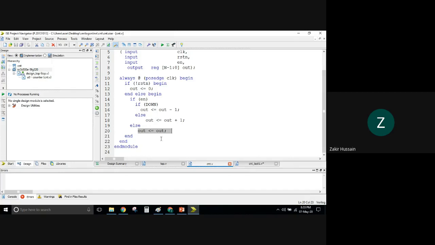Here, if you see, out is assigned to out, meaning whatever the out was previously during reset, that you will see. That is the meaning. So, in order to see this counter behavior, we have to ensure that for a while this reset is 0. Thereafter you remove the reset. That way you have to plan.